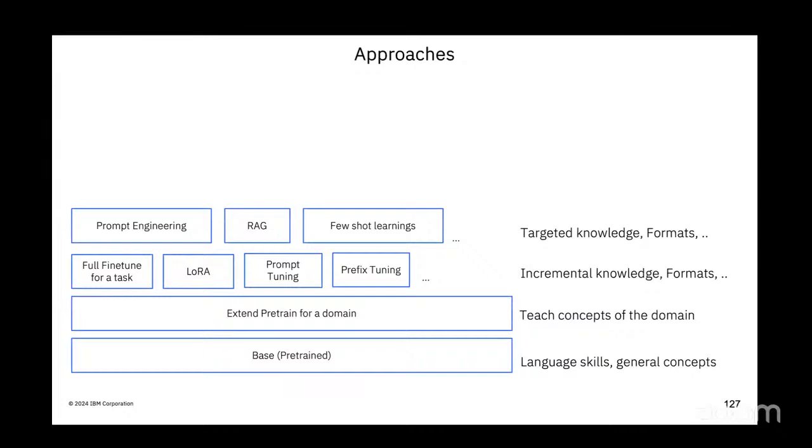So this is basically, just to summarize, what happens in the different phases. In the first phase, you do something called pre-training, where you teach the model the general concepts and different language skills. You teach what is English, what are different concepts, what is physics, or what the concepts in physics are. For instance, what is reflection. You teach all these things. So that's the first phase.